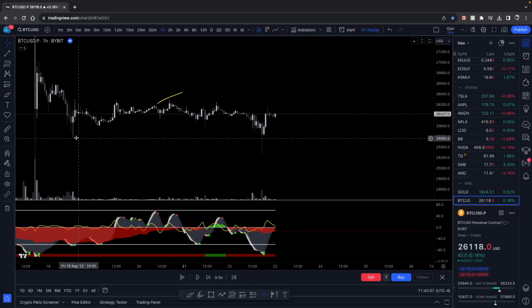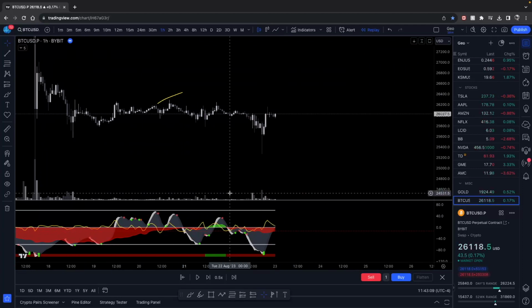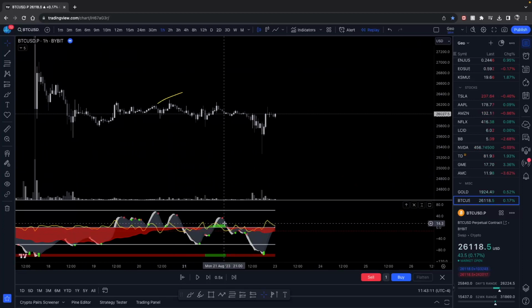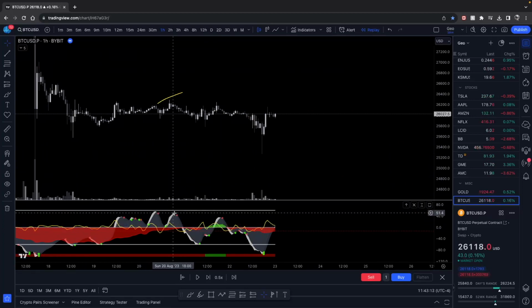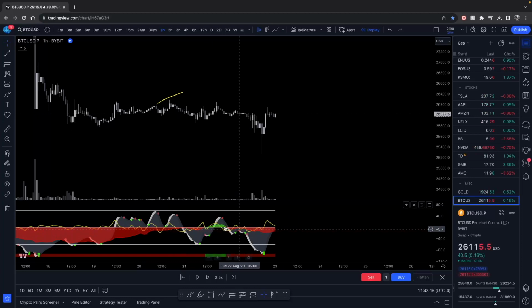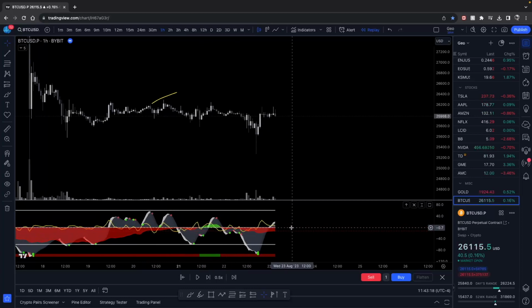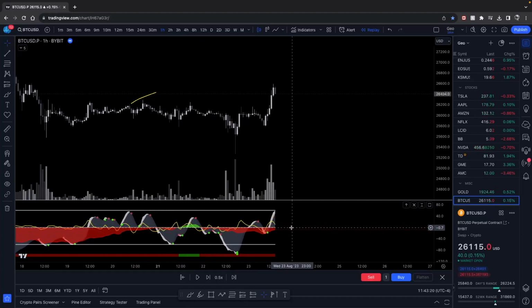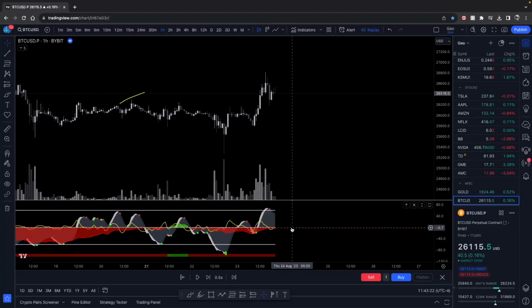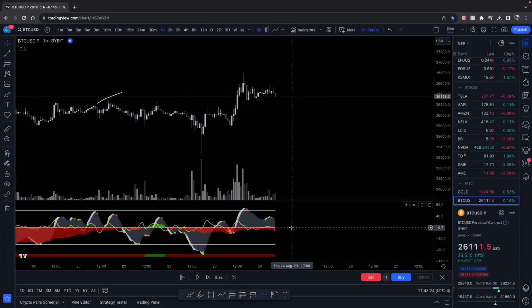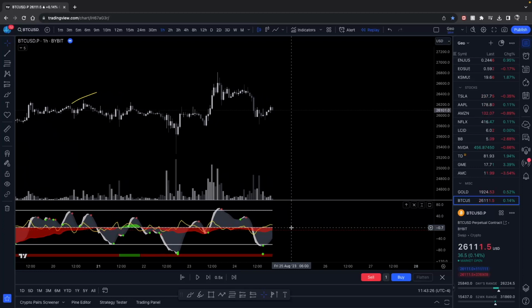If you entered there, you probably would have put your stop loss under the low. So you could say, when I see the bear div, even if I see money flow coming into the green, I'm not going to enter because I have that. I'm going to wait for it to curve back up, and then I will enter. I will look for an entry lower. And there we go. So that's how you're going to use your Market Cipher B